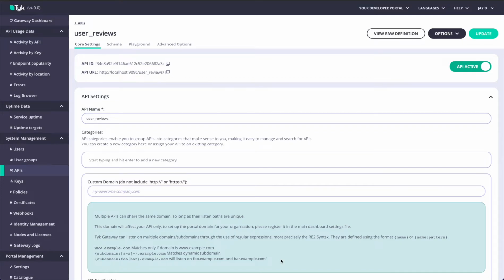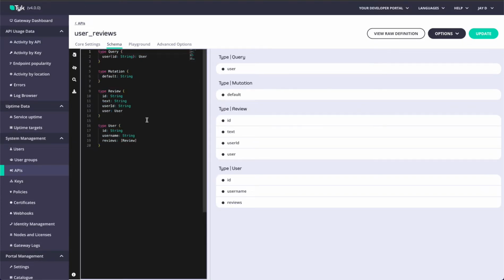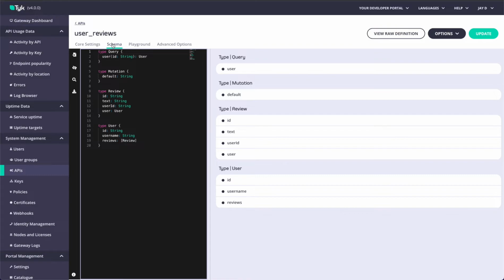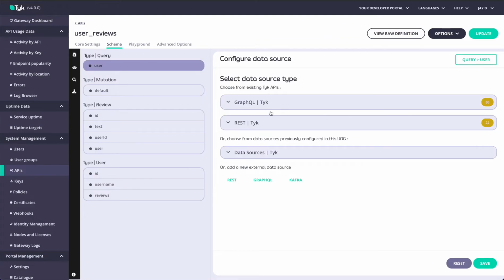So now that we have created our schema, as you can see here, and since we are not able to resolve our queries, let's try to attach a data source on our fields. So the first field that we'll try to attach the data source on is user, since it's not resolving. So I'll select the user field on type query here,